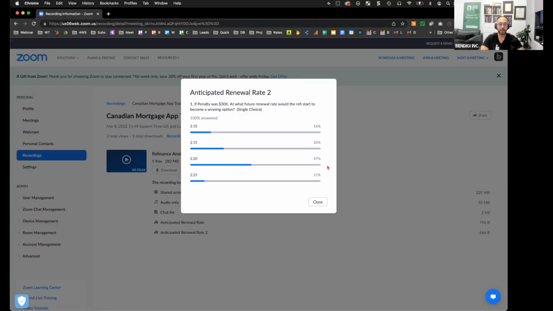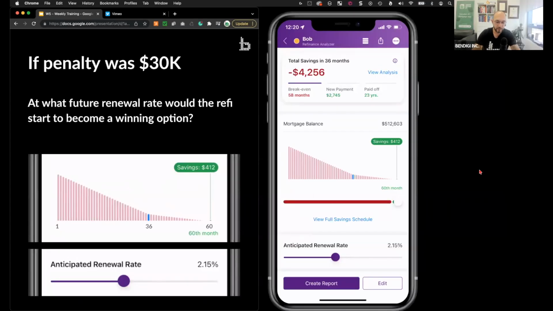Hey, it's me again, Ben from the future. You can tell by my headset. I'm going to now share the results of the second poll. Unfortunately, 47% of participants answered 2.2, which was incorrect. So what this really means is that any rate greater than 2.15 in the future makes a refi a winning scenario. So if you move this over to a little bit higher,